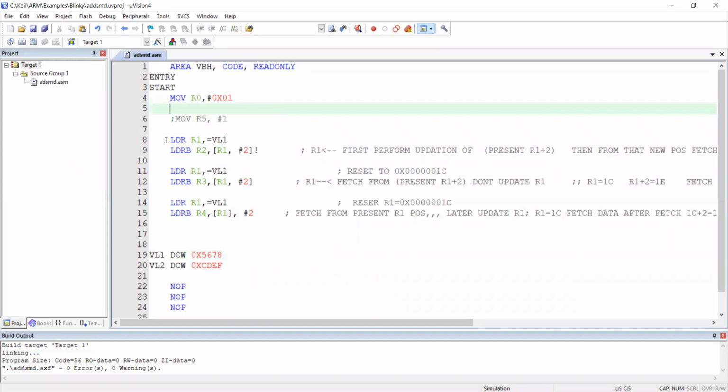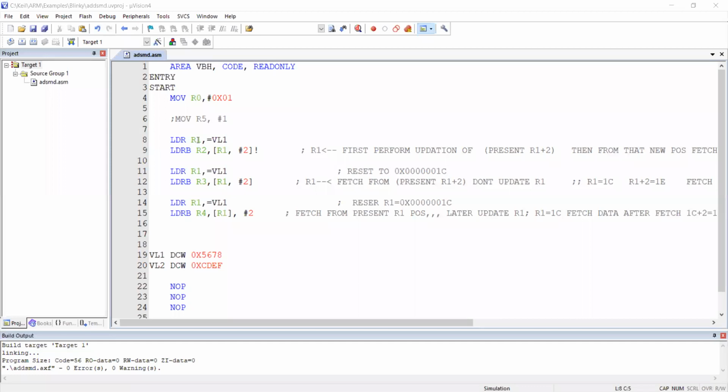Next, what will line 8 do? Reply in the chat box fast. Line number 8. The address of VL1 is stored in R1.